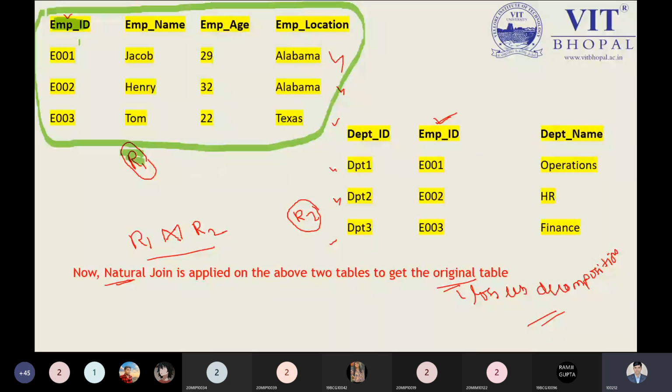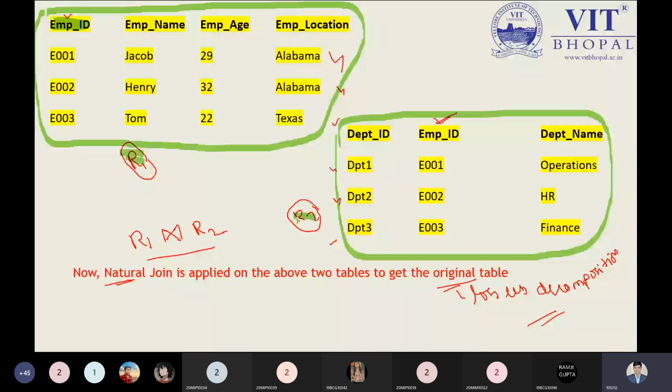On the other relation, that is department, I can choose over here. So this is also known as our R2 relation. From this perspective, we will be able to see that employee ID I am taking as a foreign key. It can't be the primary key. So as a foreign key I can take it over here, so I can make the relationship. So this is the common entry.